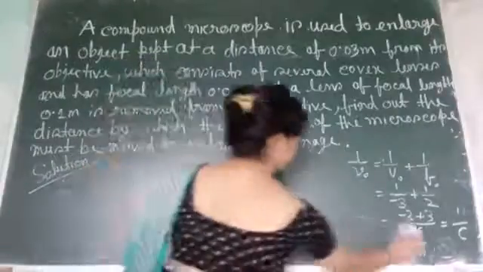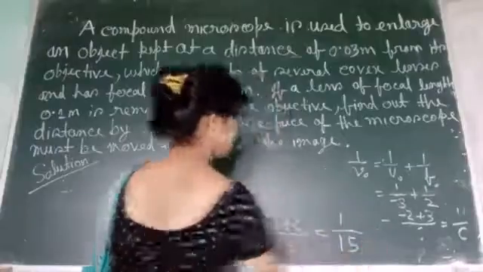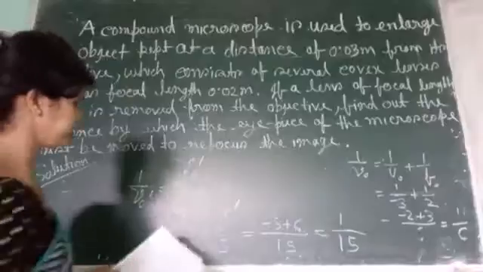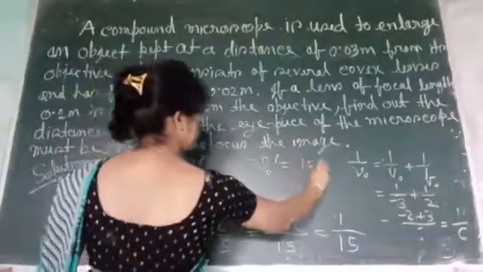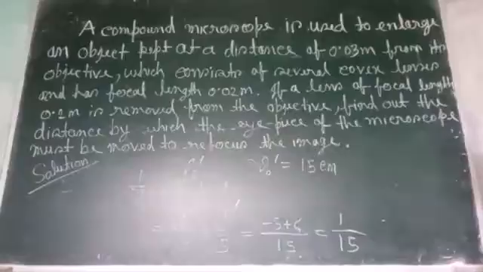So the result will be what? This will be equal to 1 by 15. So V naught dash is equal to 15 centimeter. So this will be the new position of the image